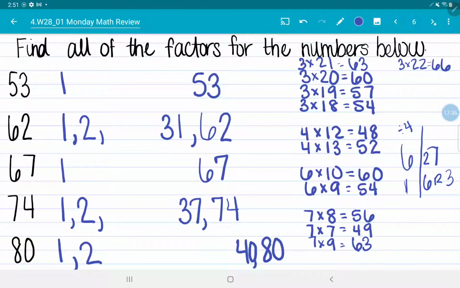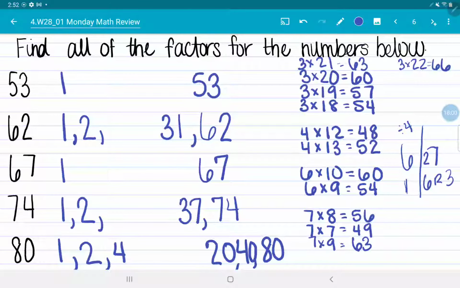I know 3 is not a factor. Is 4 going to be a factor? 4 times 20. And you could use what you knew about 2 and 40 to find those. You just replace the 0 with the 2. All right, so we've got 4